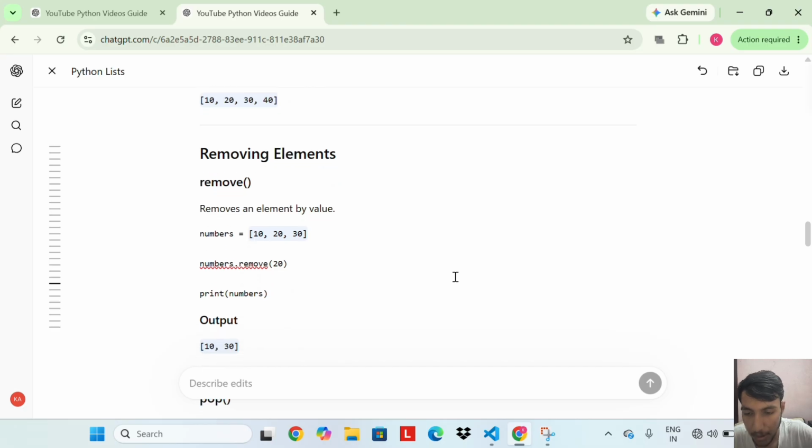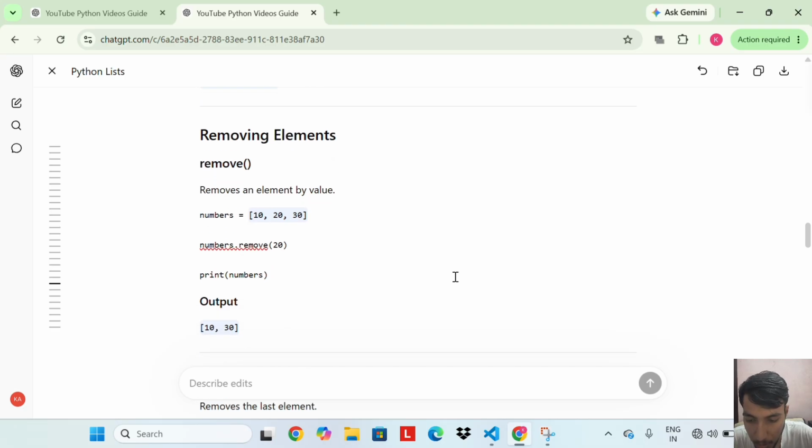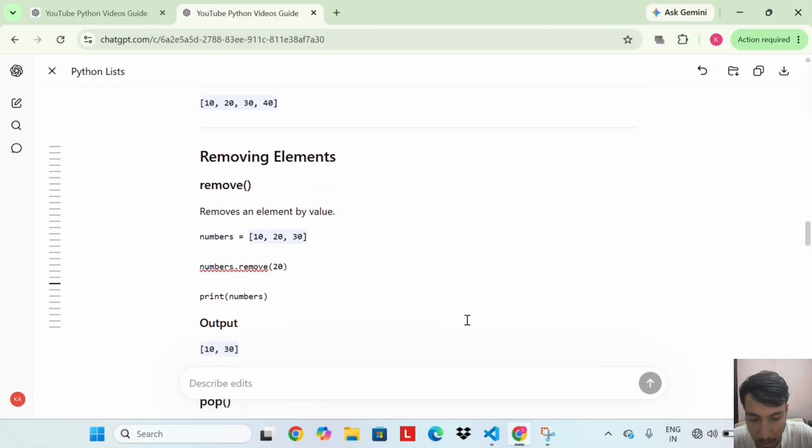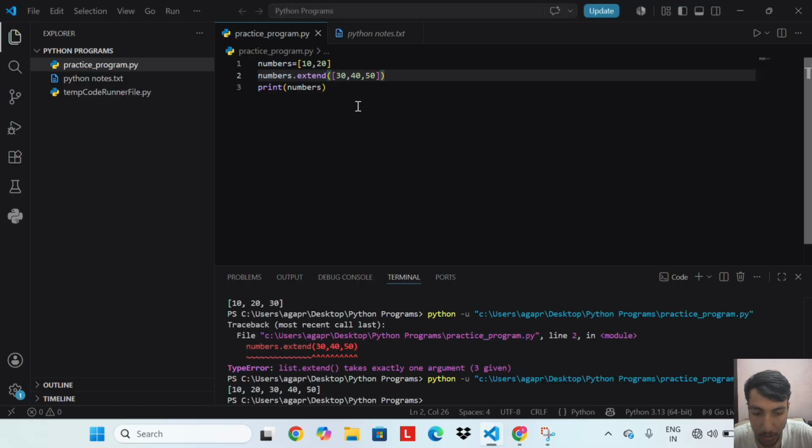Removing elements. Remove removes an element by value. So let's do an example of remove. Numbers equal to 10, 20, 30.